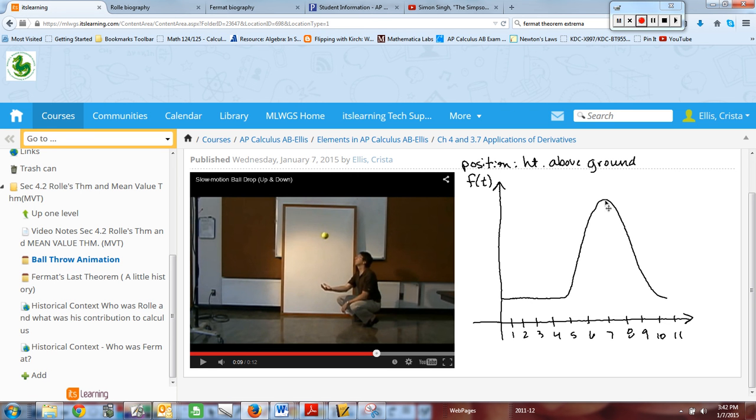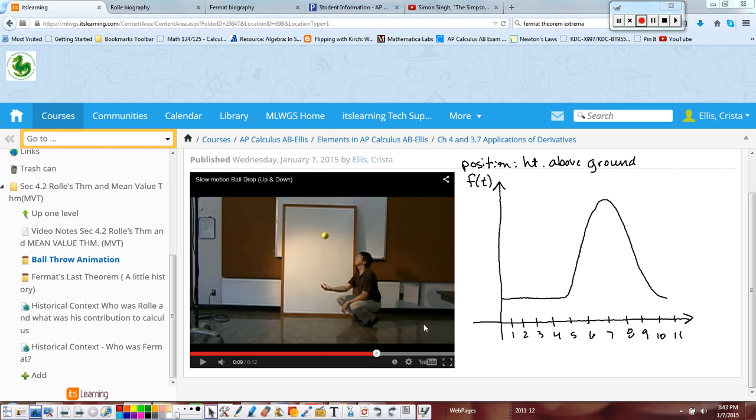What's happening to his speed? His speed was constant, and then it accelerated. His speed got large, much steeper right here, because he was throwing it up. And then it started to slow down, with the concave coming down, until